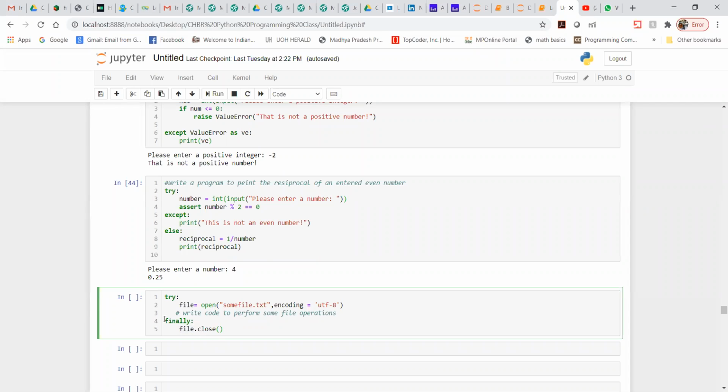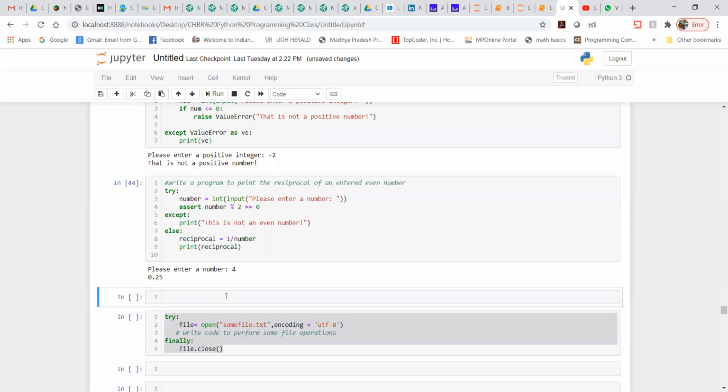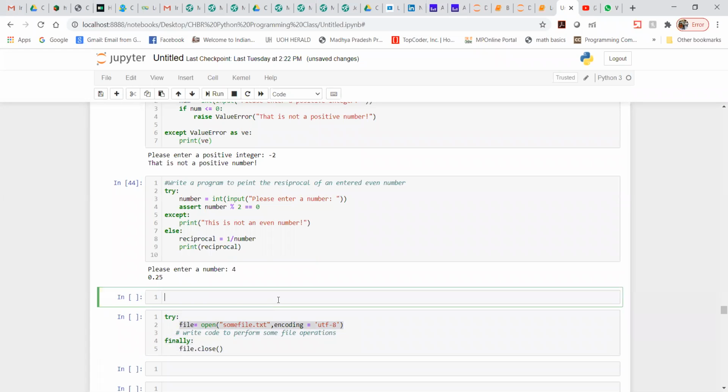If you do not write this, let's say you have written it like this and just called this one, nothing is wrong here. The thing is you have already opened the file, but you haven't closed it. Here you are trying to close it.